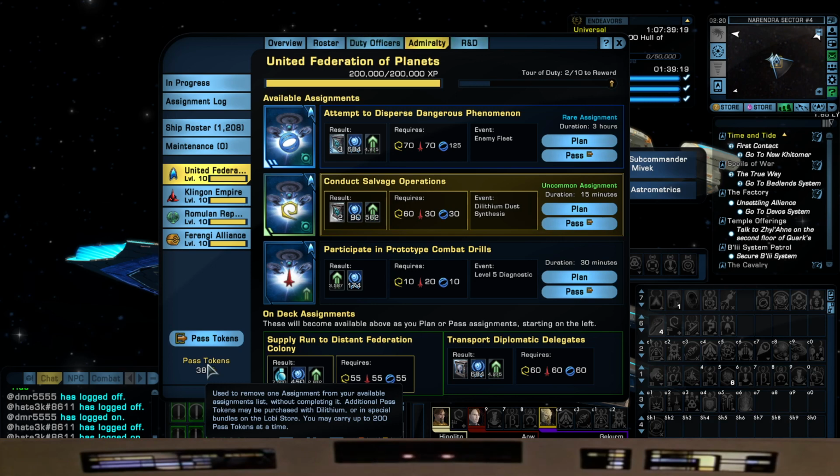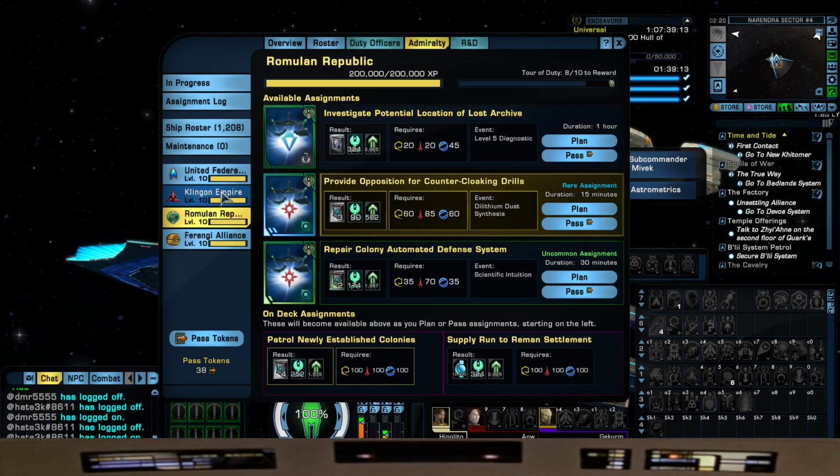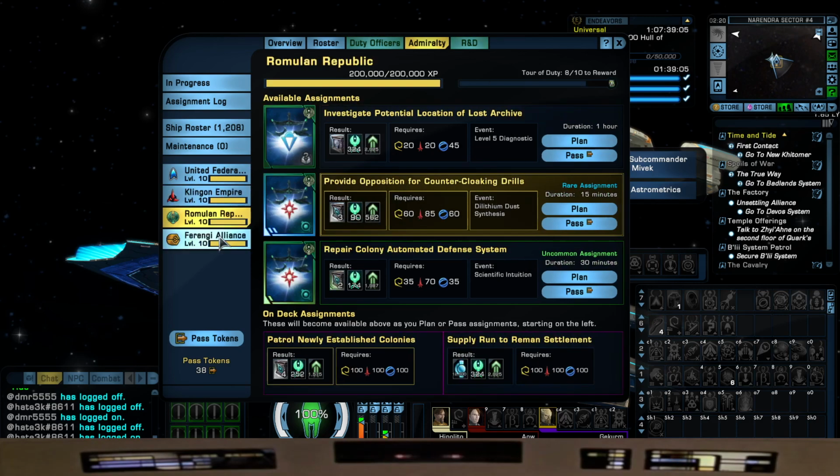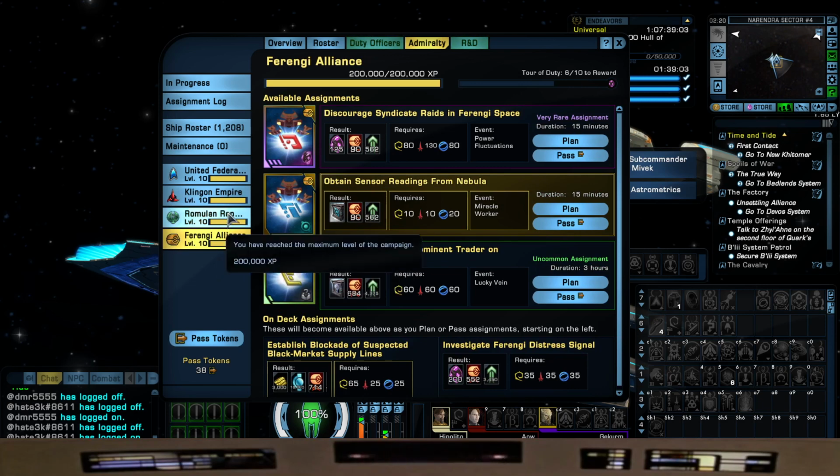I recommend start using this to level up. Like I said, get DIL EC, and then this will help you in gaining in-game resources. So again, you have your United Federation, Klingon, Romulan, and Ferengi. Now, since I have all these leveled up, okay, it'll actually give you rewards at level 10. So once you say you get to level 10,